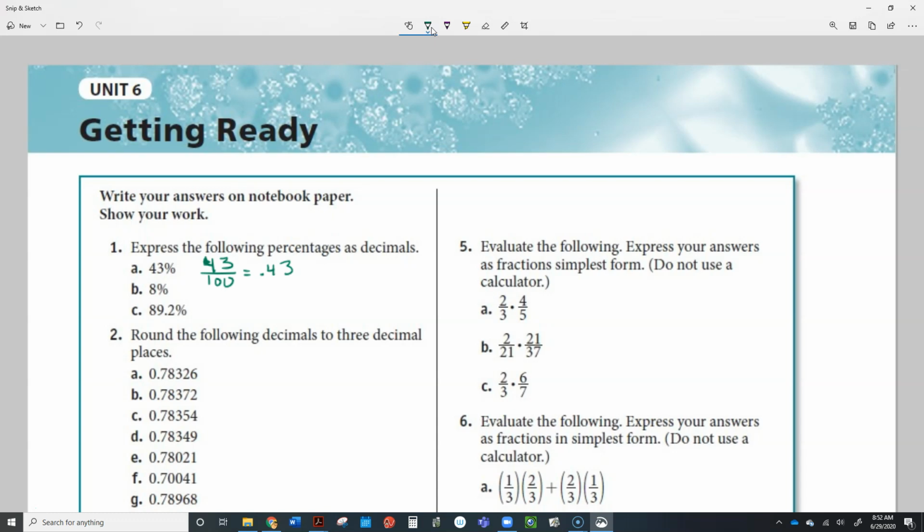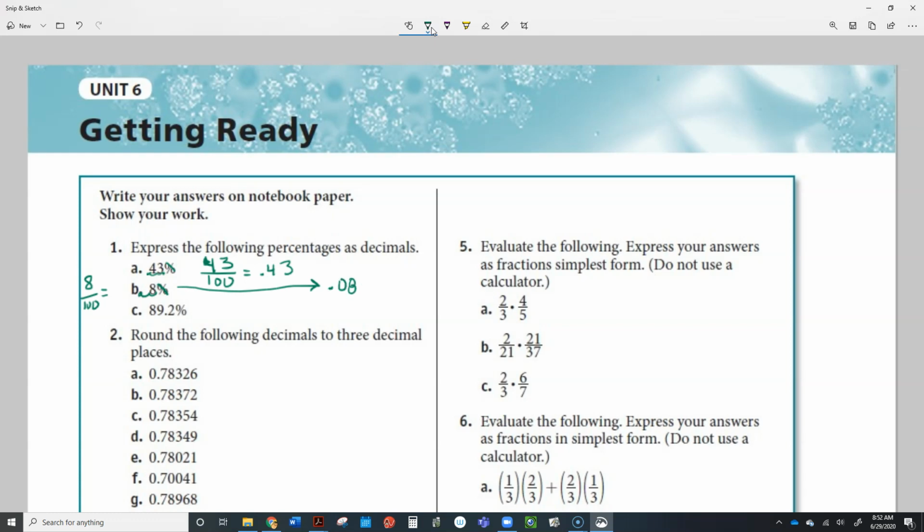8 divided by 100. Of course, you could also just move the decimal 2 places. Right here is the decimal, and when you get rid of the percent sign, you move the decimal 2 places this way. It comes up with the same answer. So here's this decimal. When you get rid of the percent sign, you move the decimal 2 places. So this one's going to end up being